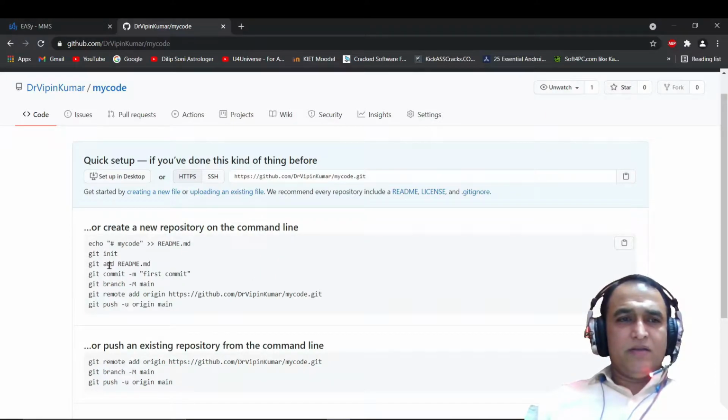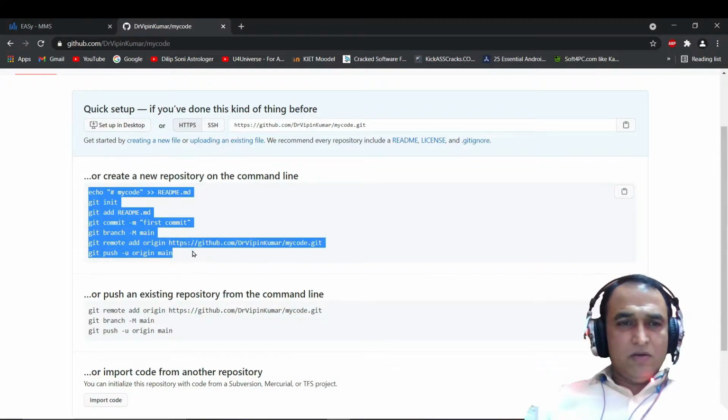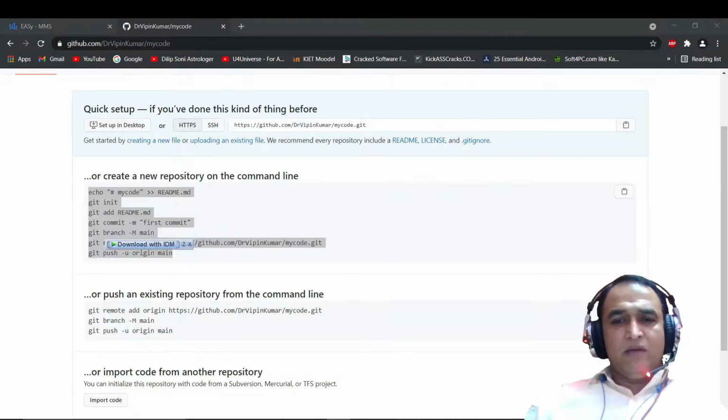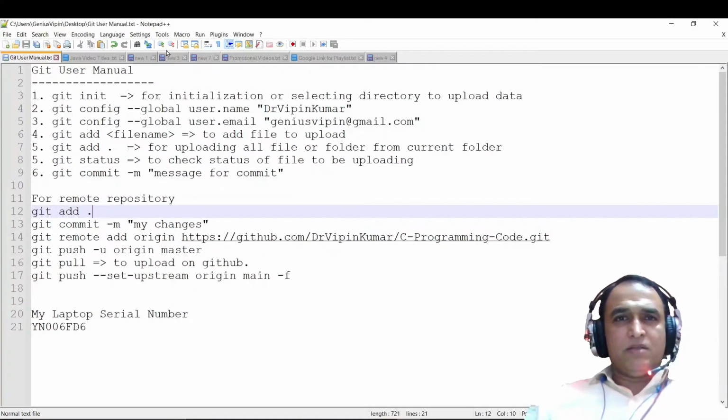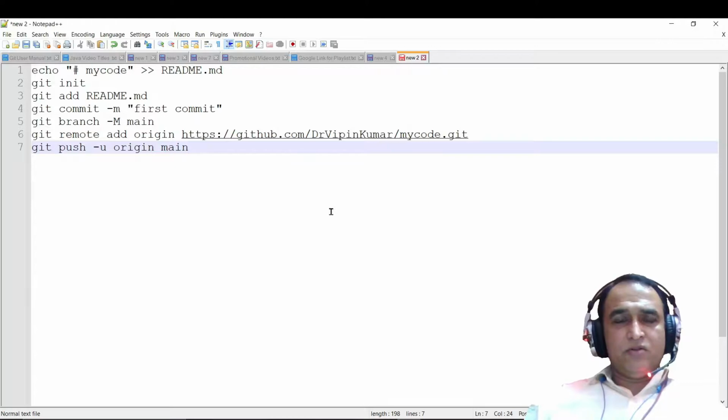This way you have created it, and GitHub is showing how you can upload the data to the repository from the command line. They are showing the process, but I am also showing the way how we can upload the data. So first of all, we can copy these commands. I already have the commands, but I'm just showing you how you can copy these commands like this. These are the commands GitHub shows for uploading